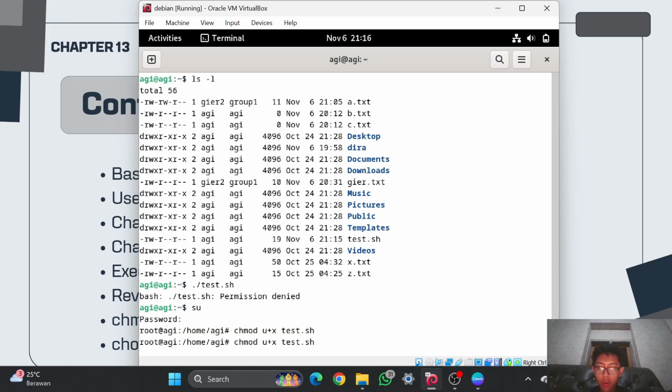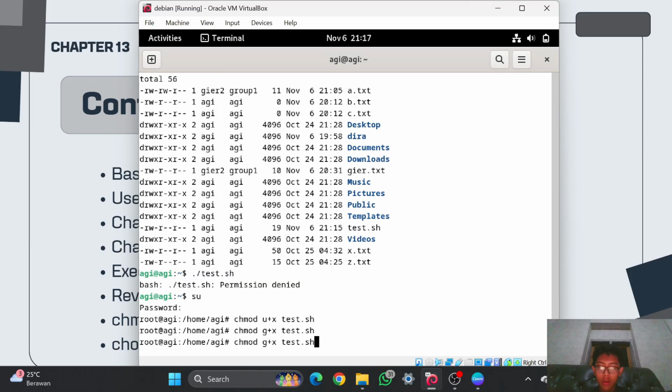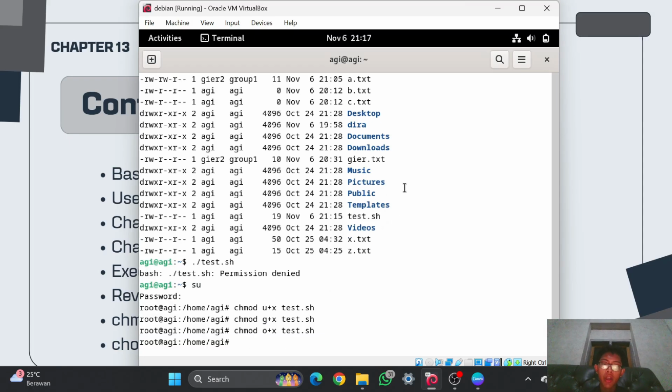So I add the permission to execute this file to the group and also to the other, so later the user, gr1 and gr2 can run or execute this file. I will check it again.